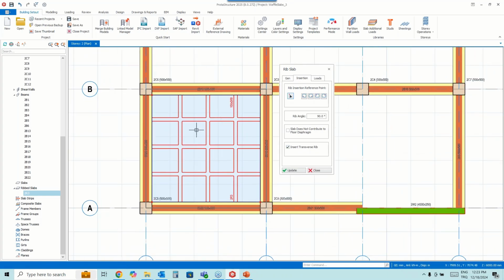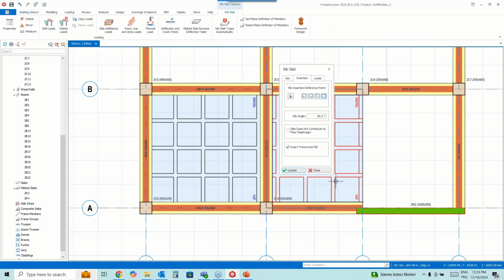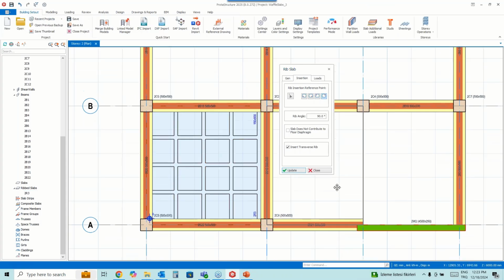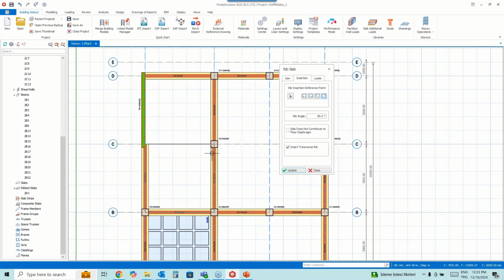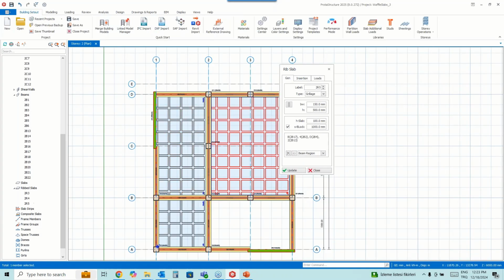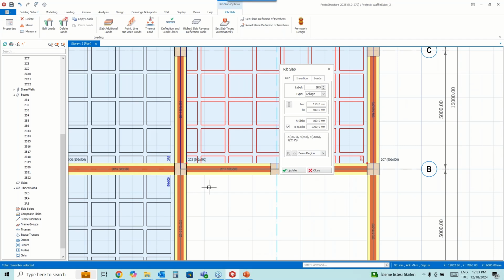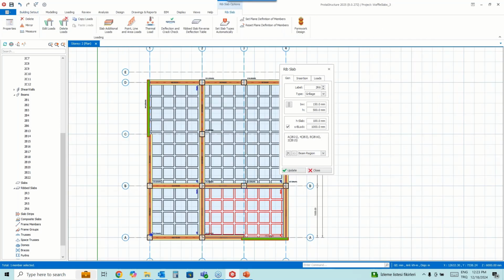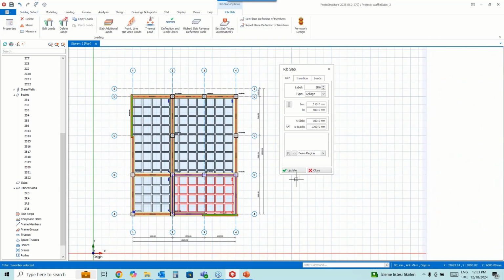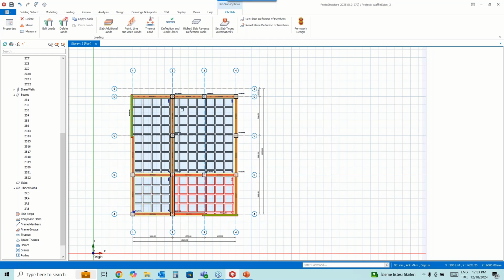So what I'm gonna do right now, I'm gonna use the left corner, and we can also again use the beam region with the same orientation. So we inserted our waffle slabs from here.